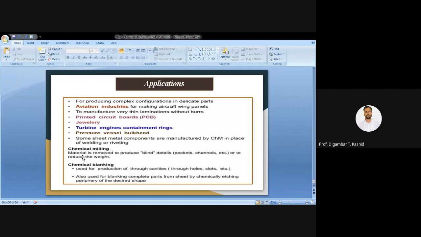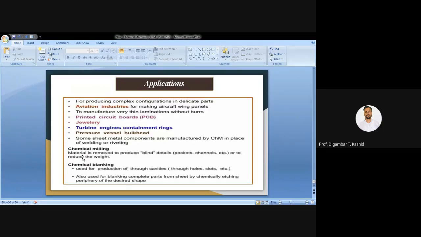Again, in jewelries, we can use PCM. Again, to produce turbine engine contaminant rings, the PCM technique is used. Again, to produce the pressure vessel bulkhead, PCM is used. Some sheet metal components are also manufactured by PCM.